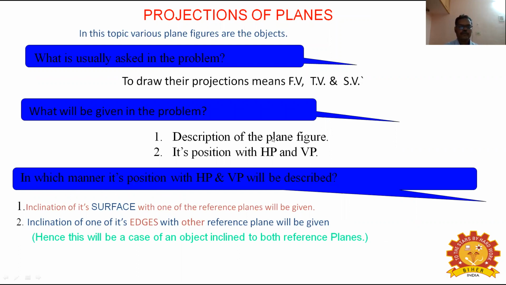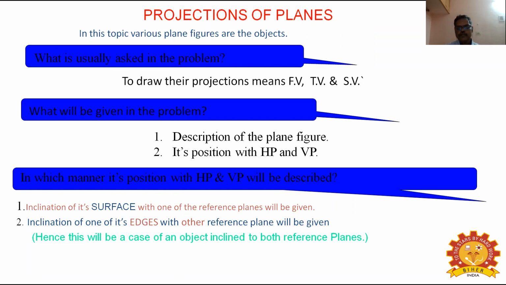There are different cases in the lamina. One is a surface inclined to HP and another is a surface inclined to VP. What do you mean by a surface inclined to HP? That means the lamina is kept as a rectangle parallel to HP, and keeping one end fixed, the lamina is rotated. That means the lamina is inclined to the ground, that is called HP, and the angle is marked as theta.